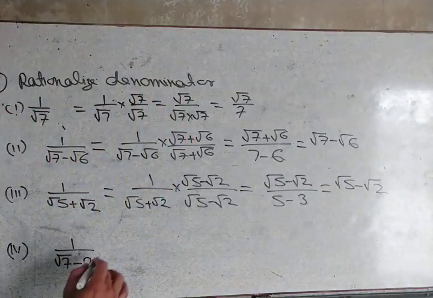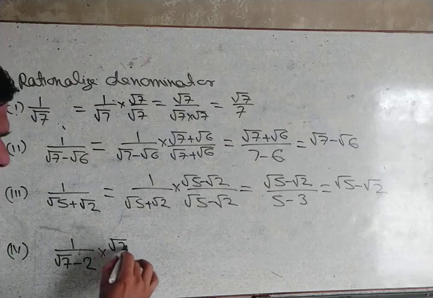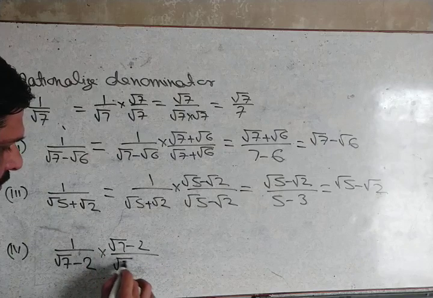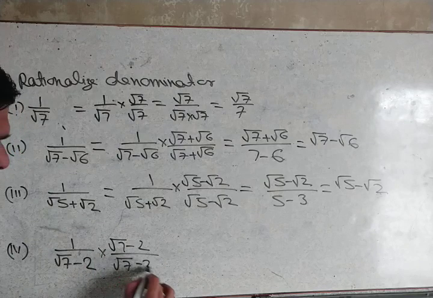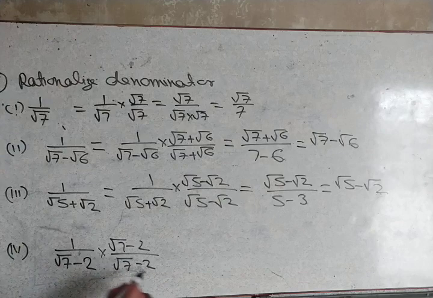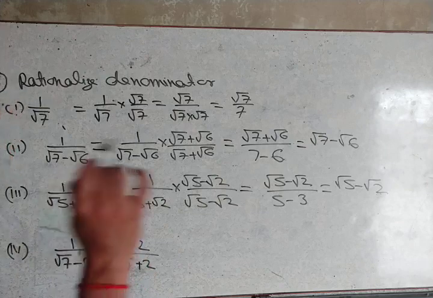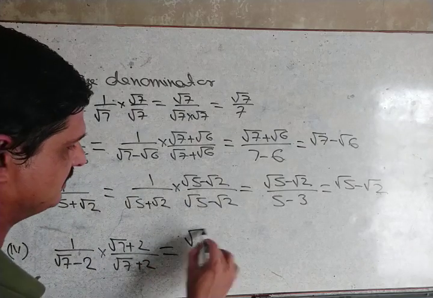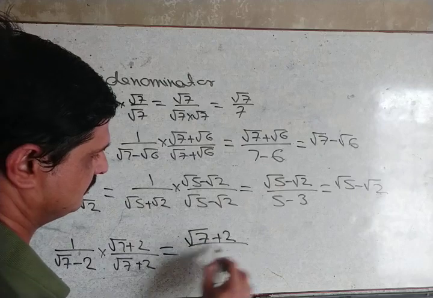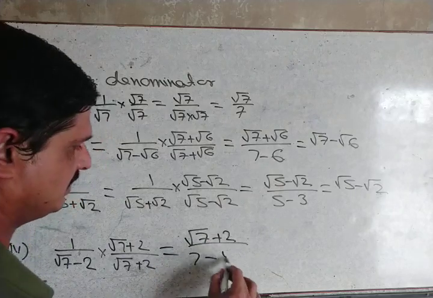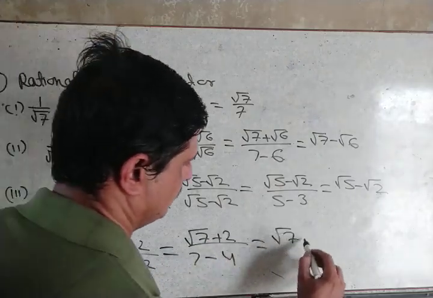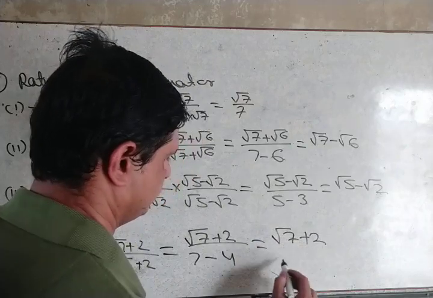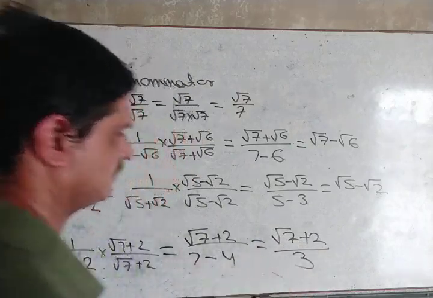And for this, root 7 is minus, okay? No, my dear students, we need to add with a different sign. Then what will be the answer? 7 minus 4, that is